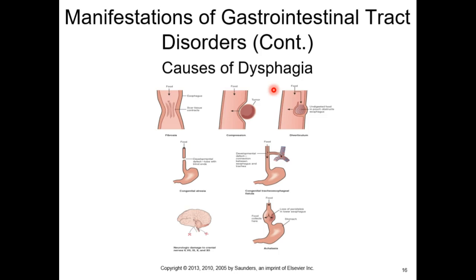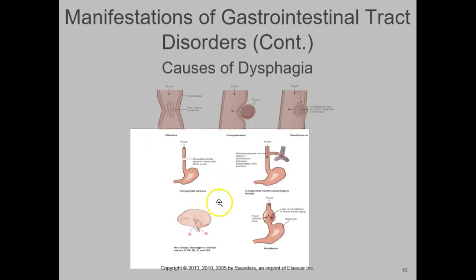Sometimes when somebody says, I just feel like things are sticking in my throat, things are literally sticking in their throat. Yeah, and then you've got a nice little rotting bolus right there. Yeah, that's a problem. Let me zoom in on this.